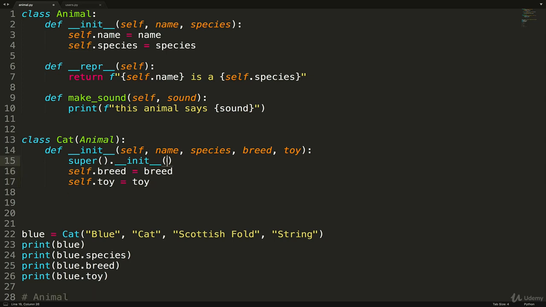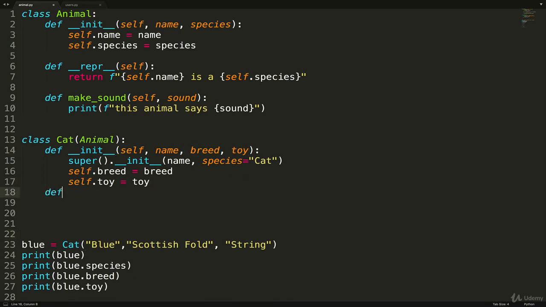So I can change this to just be name, comma species, like this. And let's verify that it works. There we go. So I can replace animal.init self with super, which will return animal, and run animal.init and pass in self as the first argument. The other small change I could make here is species for a cat is always going to be a cat. So I might just do this. Species equals cat. Remove that from the init in a cat. We don't have to specify when we're making a new cat that it is a cat. And now we'll just have breed and toy, just like that.